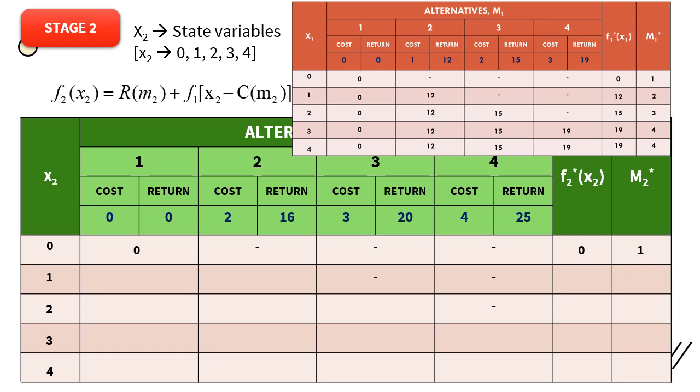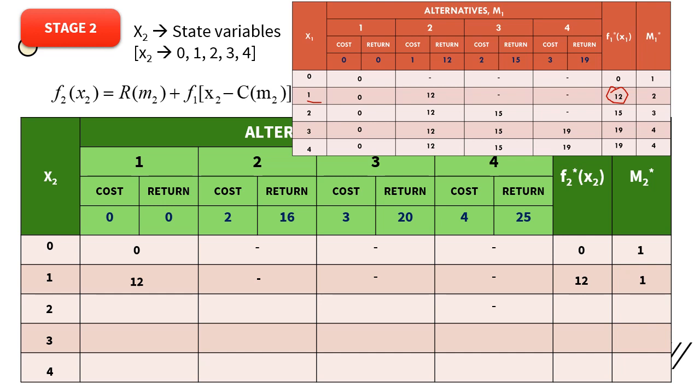Next, 1. If I have 1 crore, I am not spending any money here in alternative 2, that is in plant 2, but I am spending in plant 1. So in plant 1, the maximum value is 12. So let us consider this 12. Which means my maximum return will be 12 here, and I can't use 2 crores here in plant 2, so which is hyphen, so others are closed. So the maximum possibility is 12, which is first alternative.